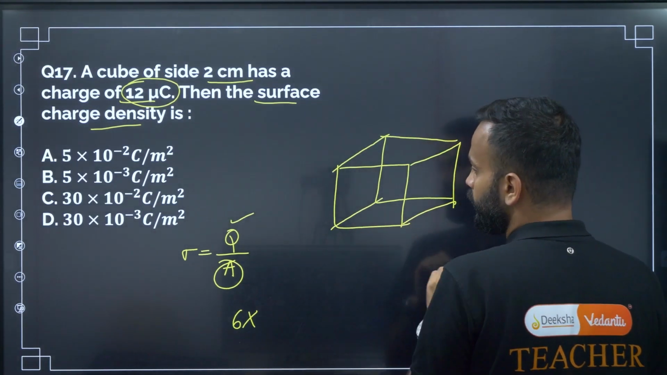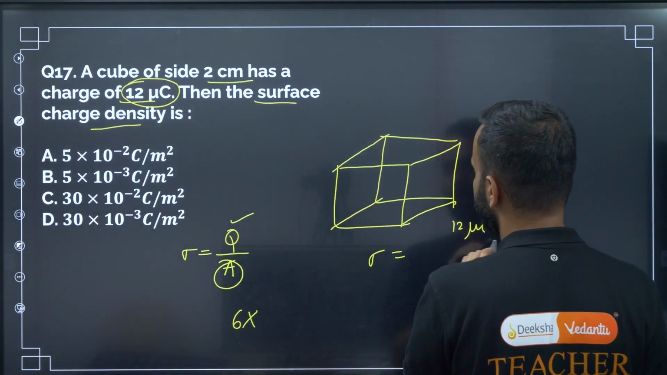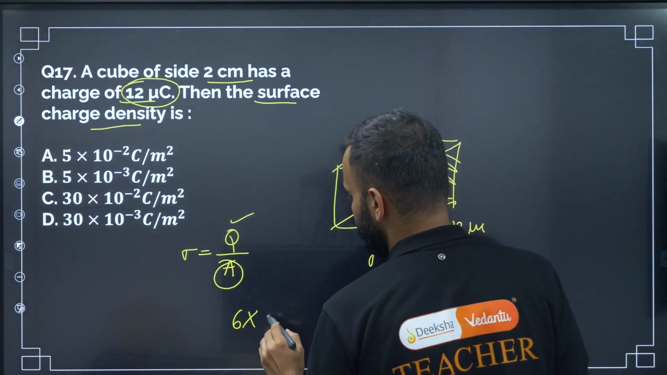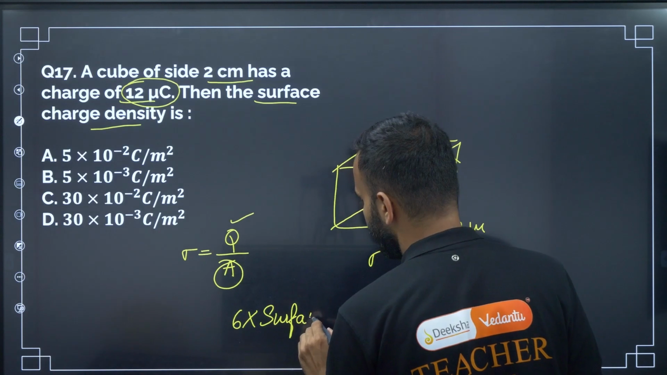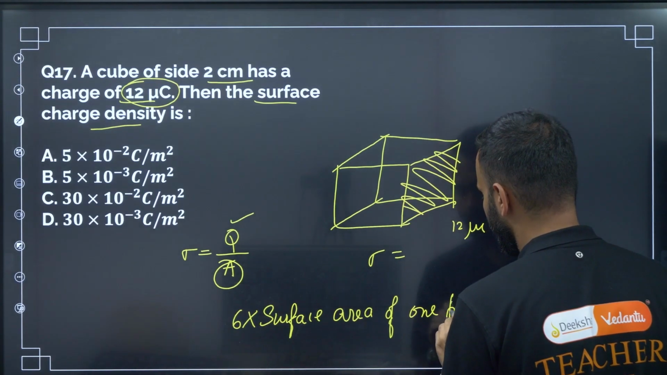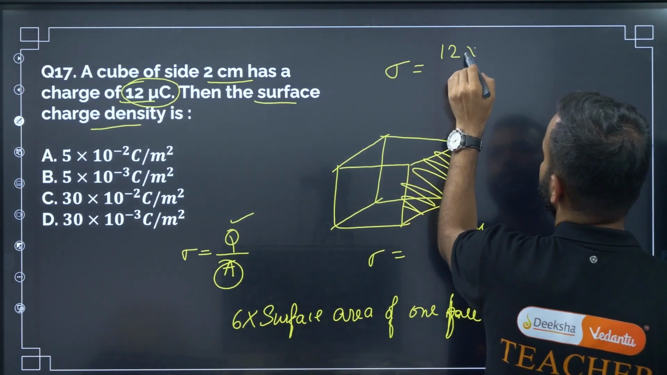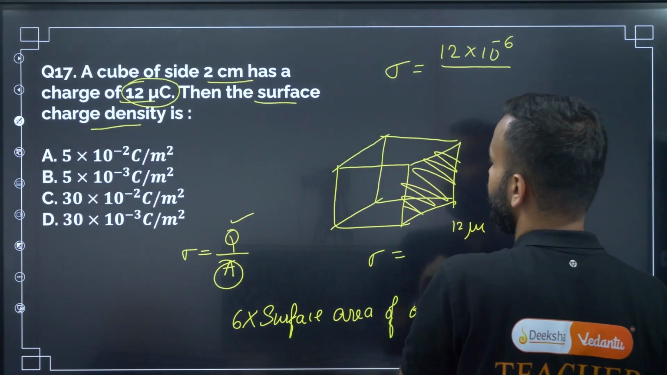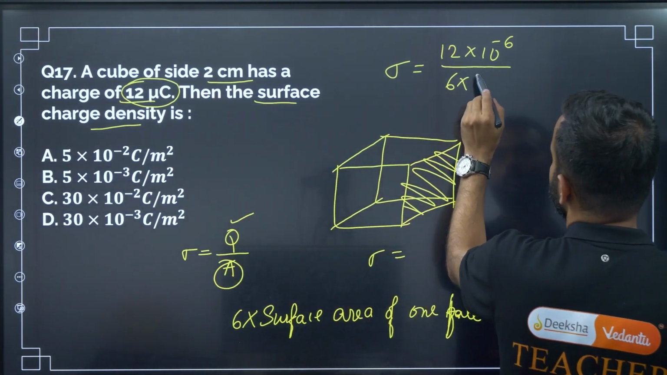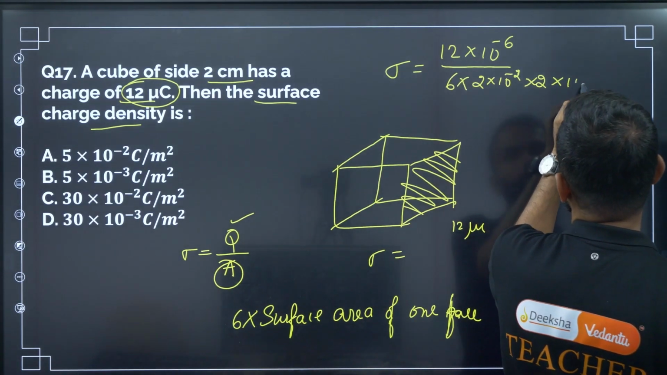This is a cube. So surface charge density sigma is equal to the charge, 12 microcoulomb, divided by the surface area of this cube, which is 6 into the surface area of one face. So the value of sigma is equal to 12 microcoulomb, 12 into 10 to the power minus 6, divided by 6 into the side, which is 2 centimeter, so 2 into 10 to the power minus 2 into 2 into 10 to the power minus 2,